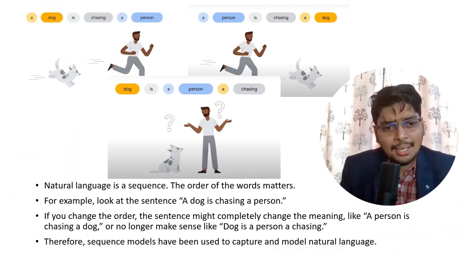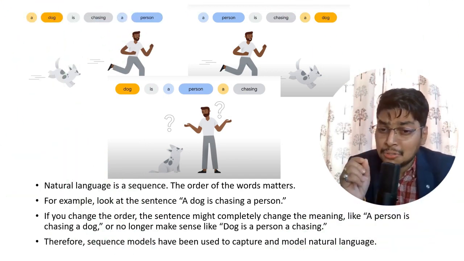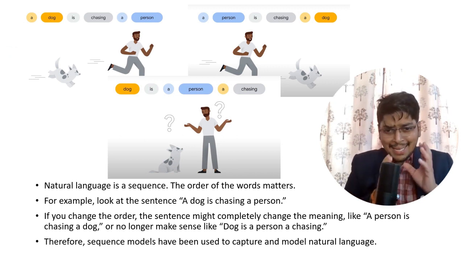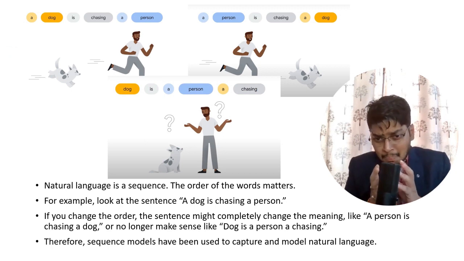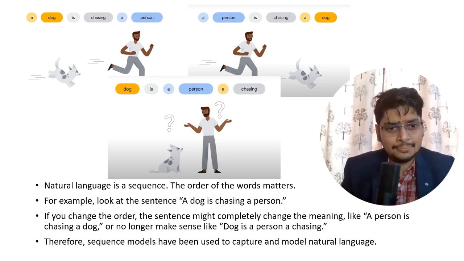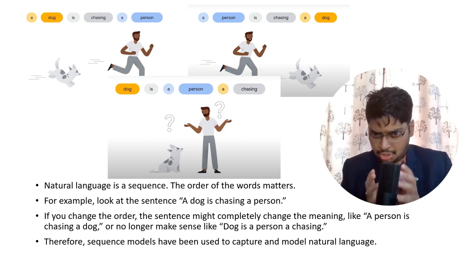So for example, natural language is a sequence. The order of the words also matters. In English, the order of the words is basically subject, verb, object. Just look at the sentence: a dog is chasing a person. Subject, a dog; verb, is chasing;